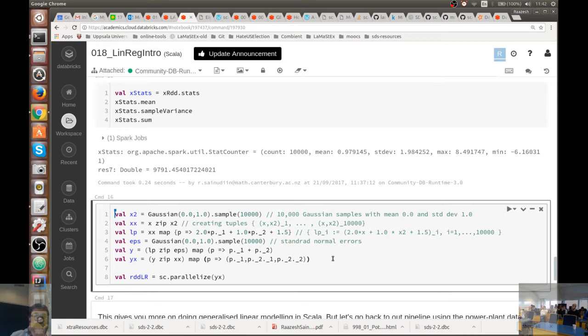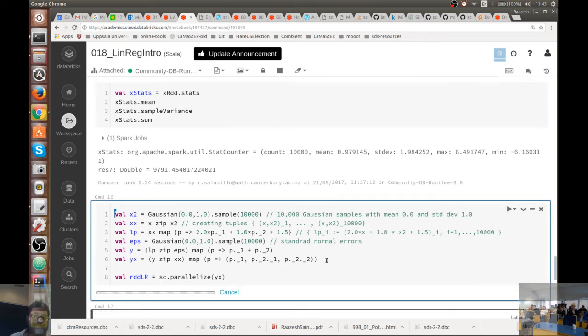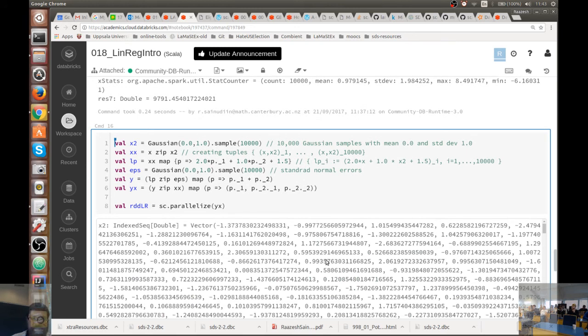And now he's taking Y and zipping the Y with the double X, and then mapping it into 4 values now, P1, and that's the first element of the tuple, and this is the first element of the second element of the tuple, and the second element of the tuple. So this gives me Y, X, and so now he's turned that into an RDD. Right. So this RDD,